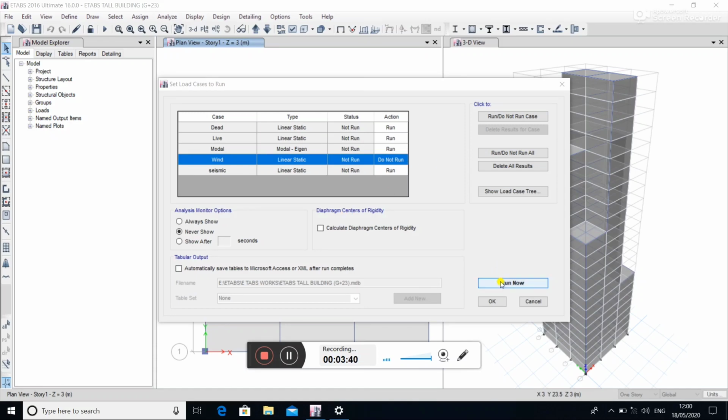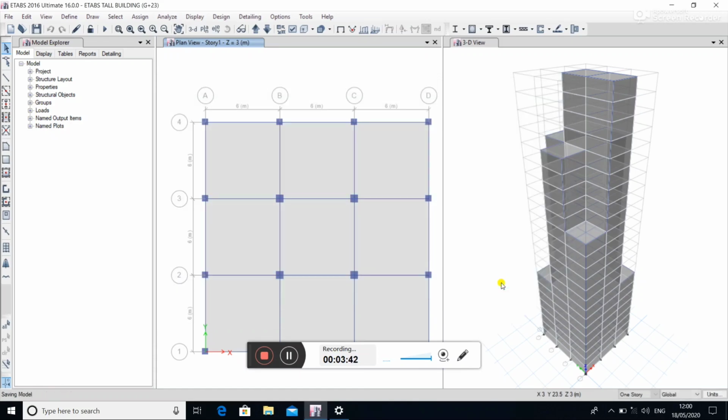Then click on Run Now. Wait for some time for the building to be analyzed.